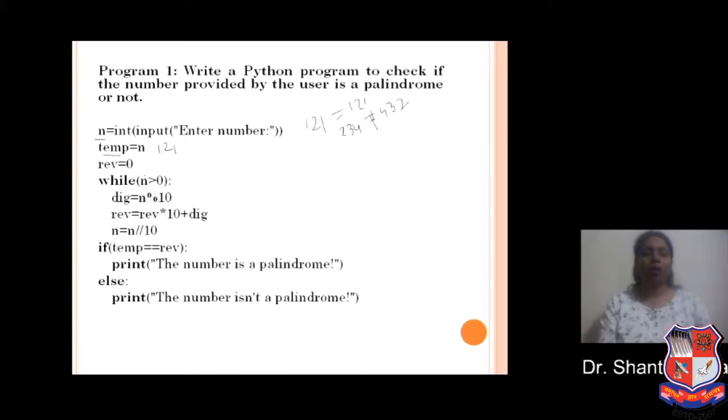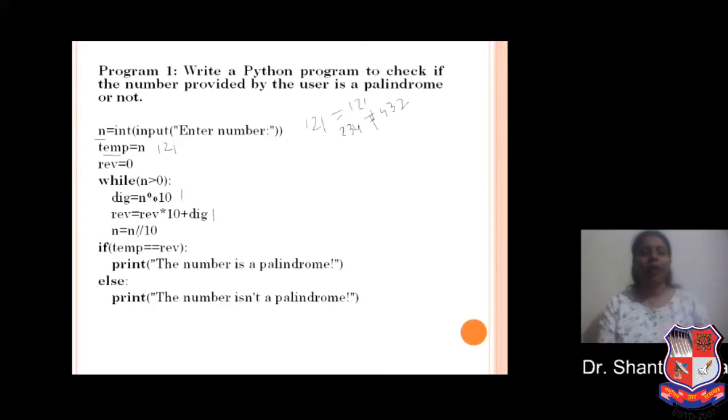So enter the loop and find the value of dig, which is n modulo 10. In the first step, it gives you 1, the last digit of the number. Then reverse is 0, 0 into 10 is 0, and 0 plus 1, so the reverse value is 1.